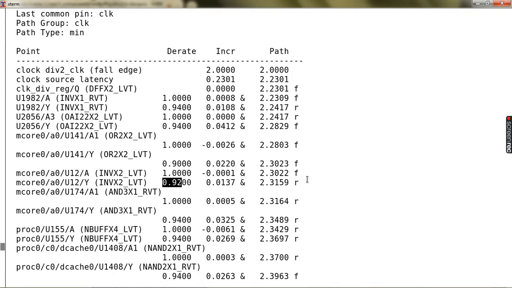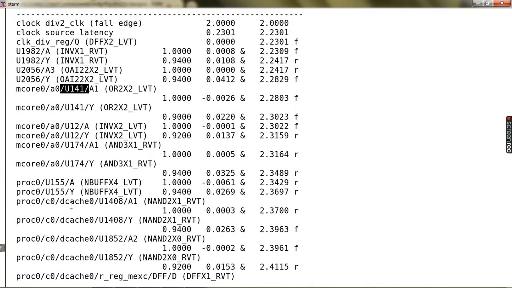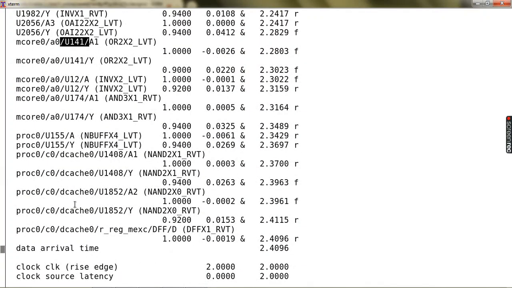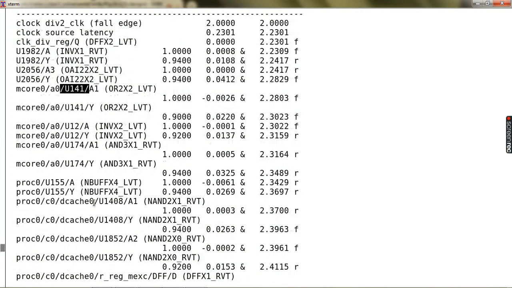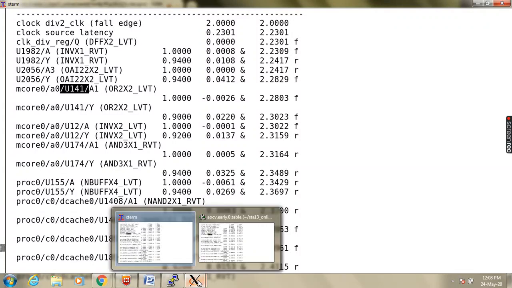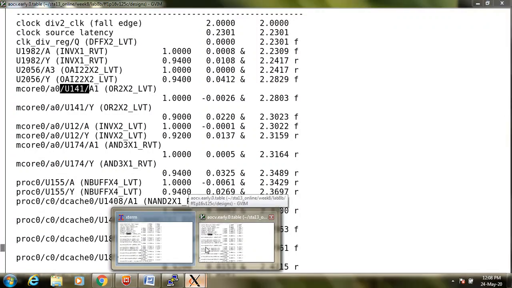But if you look at the overall depth of this path, the combinational depth, you have U1982 followed by U2056, followed by U141/A, followed by U12/A. If you keep counting all of them, you have about 8 levels of depth here. So when there are 8 levels of depth, you would expect from the table a derate value corresponding to depth